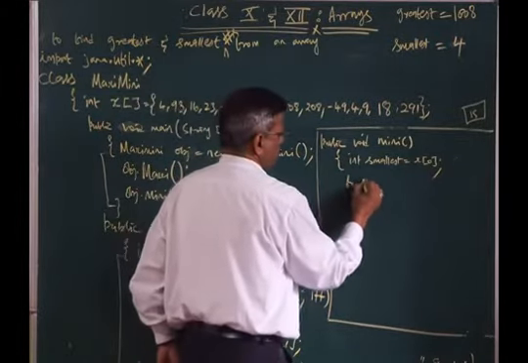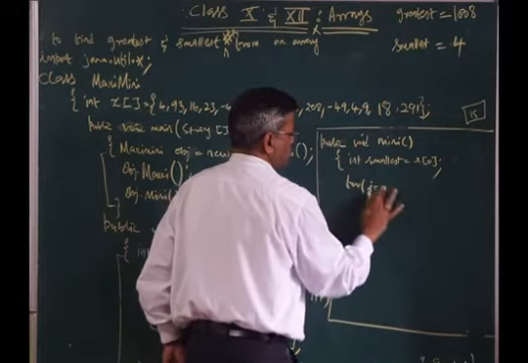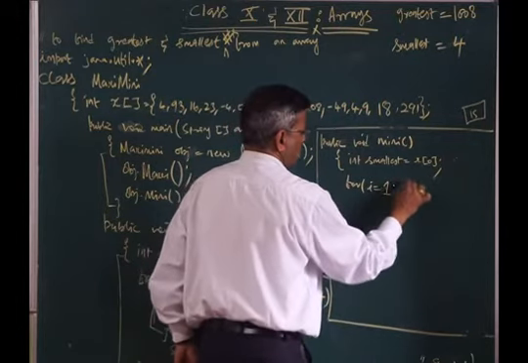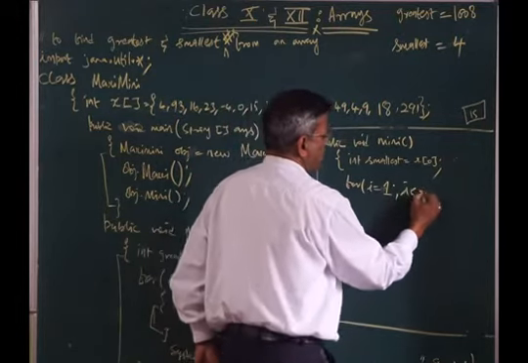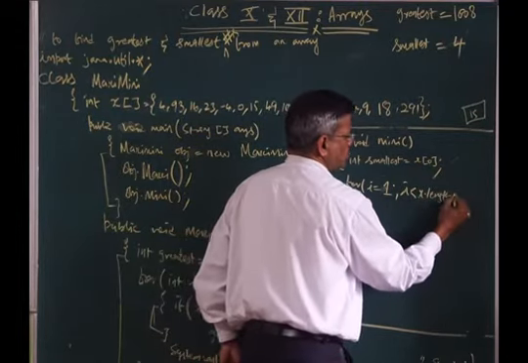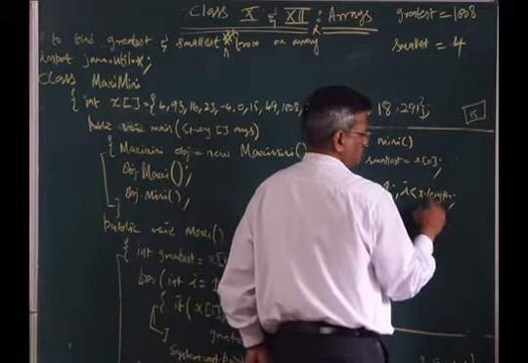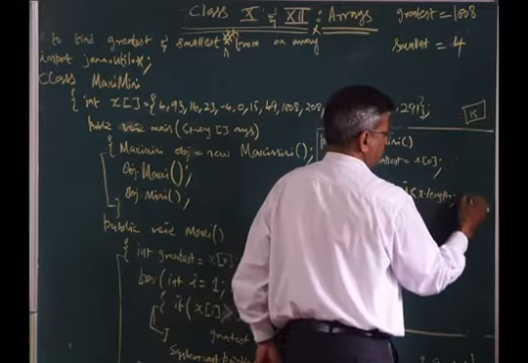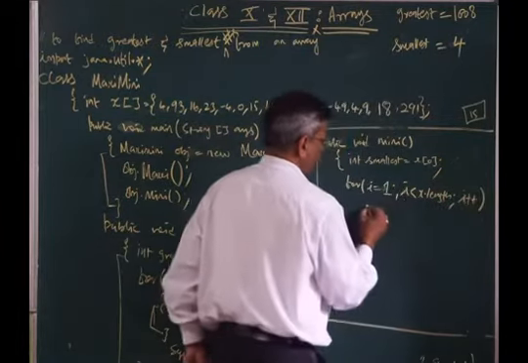Same steps. For I is equal to 1, I is less than X dot length. What will the length of the X array be? 15, less than 15 means up to 14. Then every time it increases by 1. What do I do is,